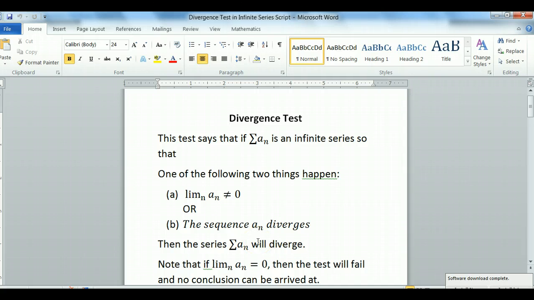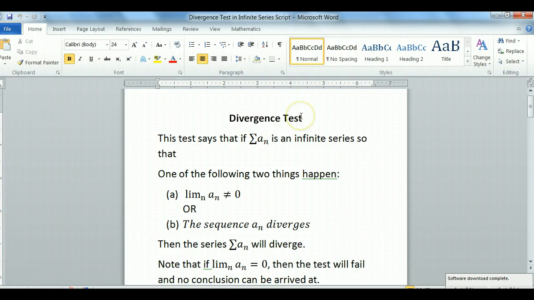Now remember when we did integration, I told you before you try any heavy duty technique to nail an integral, you should always try u-substitution and see. So likewise, we'll be learning a lot of tests in the days to come to check whether a series is convergent or divergent, but I would strongly recommend that before you use any of those tests, use the divergence